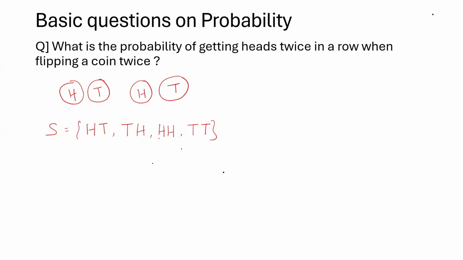Now you are interested in the case when both are heads. So basically, you are interested in calculating the probability of H and H. Now look at all possible outcomes. All possible outcomes you have to write in the denominator, that is 4. And look at the favorable outcome. Favorable outcome is just one, that is H, H. So that is 1. So the probability is 1 by 4, right? That is how you have to solve it. Next problem, let's move forward.